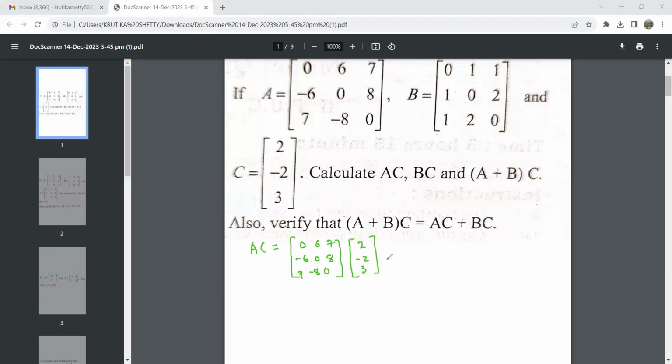Okay, so see when we multiply, what do we get? C. Okay, so see here, again while multiplying, always R1, R2, R3, and this is what? C1. Okay, so see just now we checked AC, the order is 3 cross 3, and here the order is what? 3 cross 1. Okay, so the new matrix AC